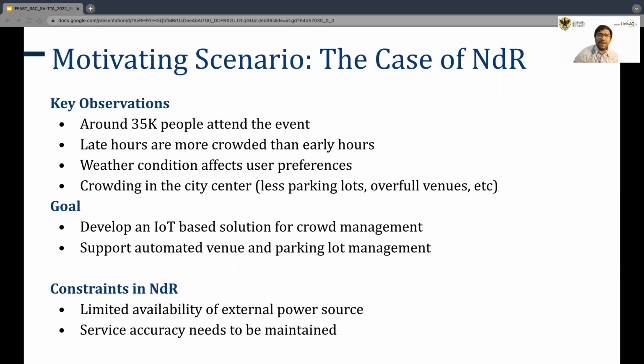Second, one of the ways to reduce energy consumption is to reduce communication. However, when you reduce the communication to a very low value, it means that you don't have proper service accuracy, so you won't be able to make good decisions. So the question is, how do you minimize energy consumption without minimizing much the service accuracy?